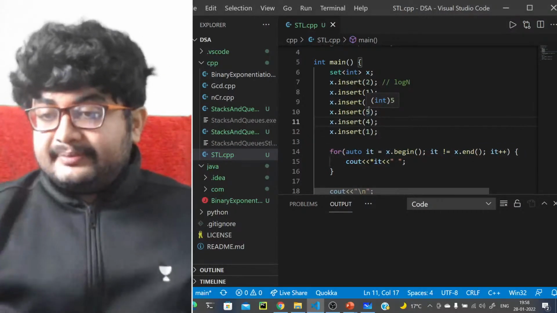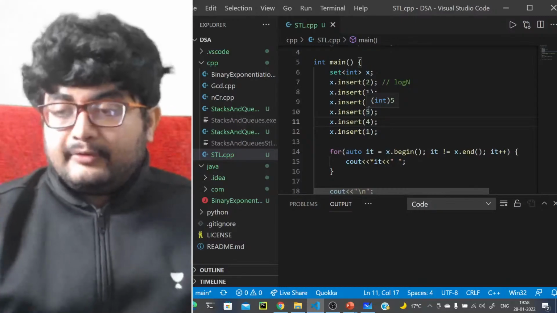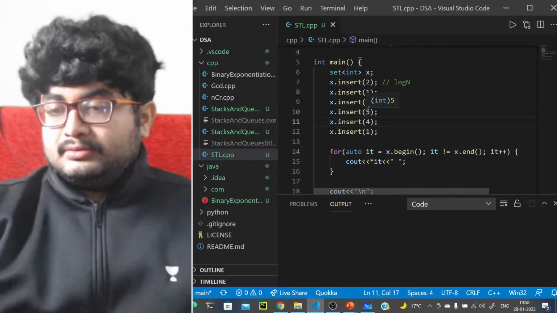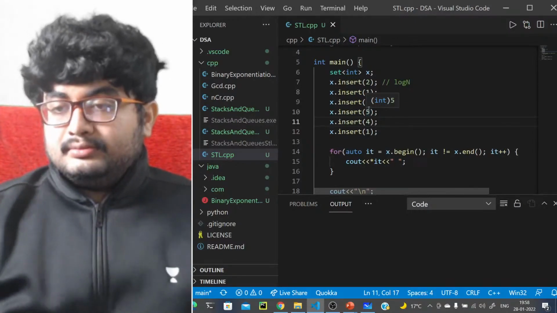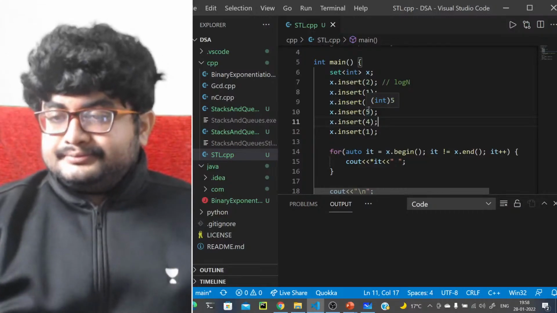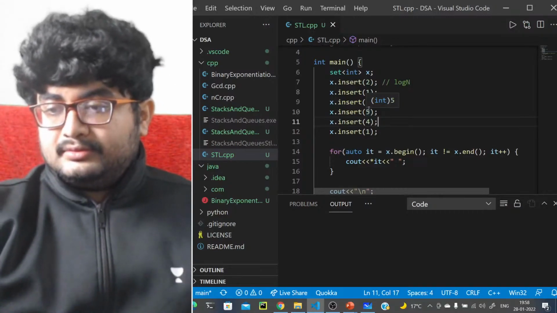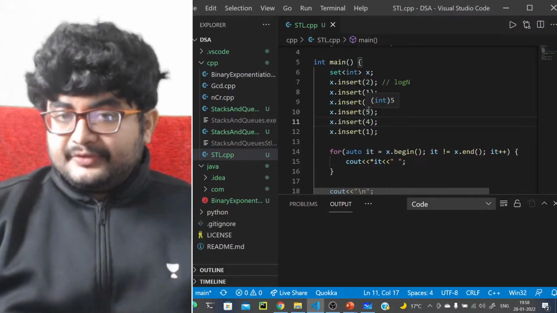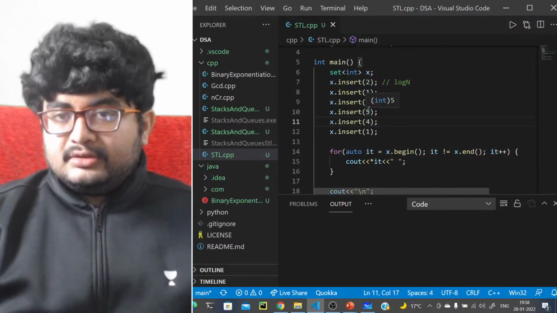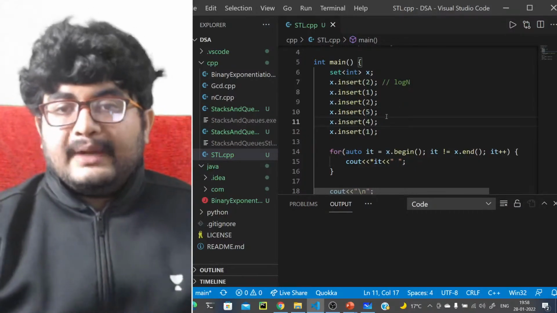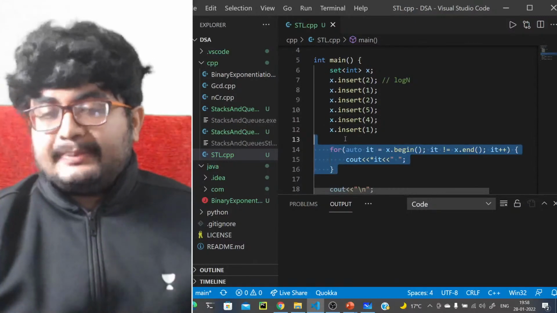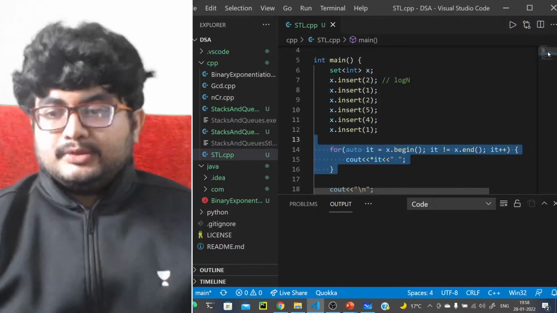We are inserting them in this order. Pretty simple. Tell me. I'm pretty sure most of you already know about this. So 2 1 2 5 4 1 is the order, we are printing all the elements one by one. So what should be the output?